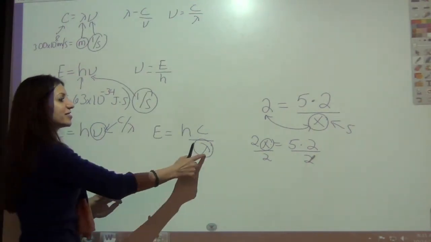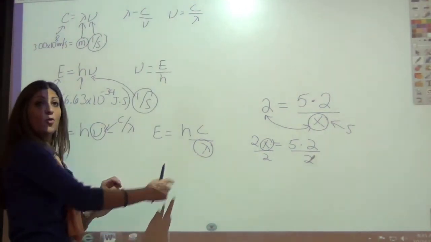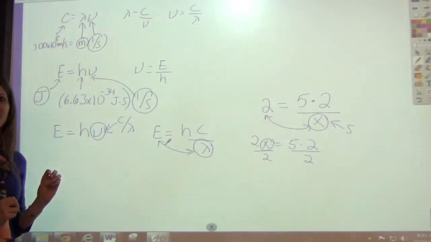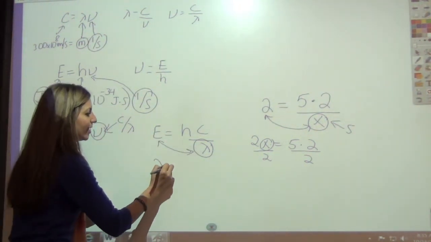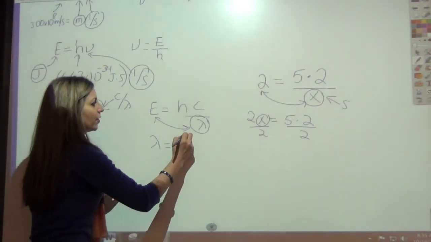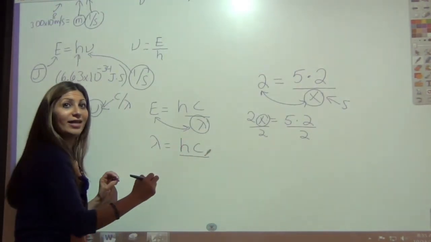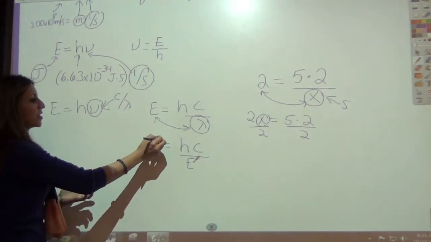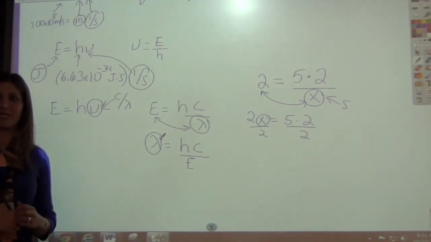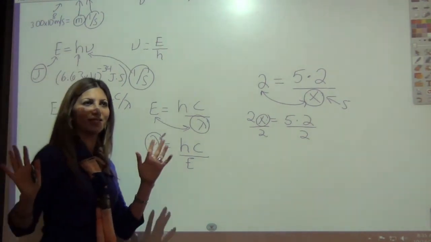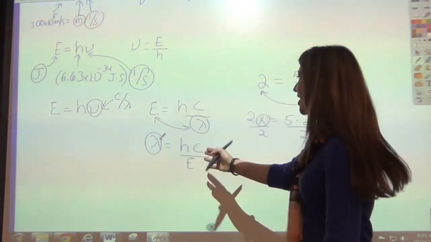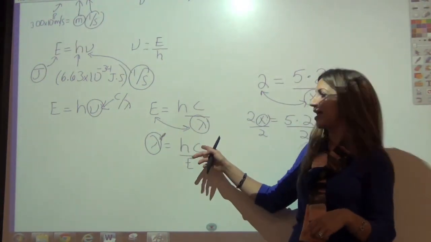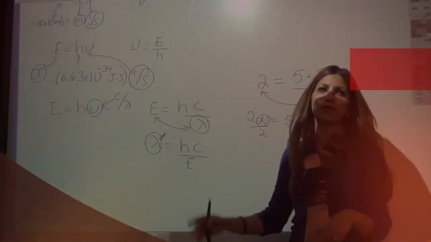Okay. So in this case here, if I want to solve for this, what are we going to do? Swap them. Awesome. We're going to swap them. So now instead, I get lambda is equal to hC over E. Perfect. So now you can solve for lambda instead of solving for E. So that's going to be my quick little algebra trick. And again, now you know h. H is just the 6.63 number we talked about. C is the 3e to the 8th. And then you're either solving for E or lambda, and that